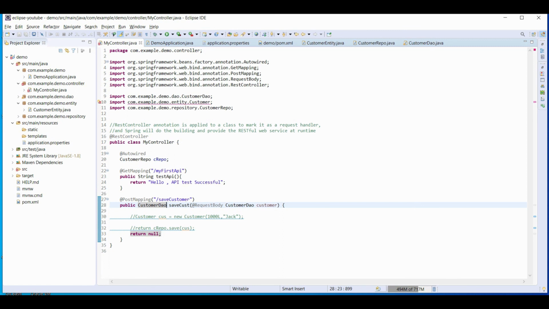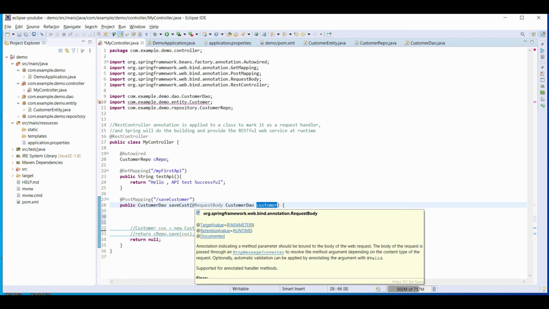We have resolved everything. Every time new data will come in the customer DAO object, and this request body is to map the request we are sending through Postman. You can see this annotation, and this is its documentation: a method parameter should be bound to the body of the web request.